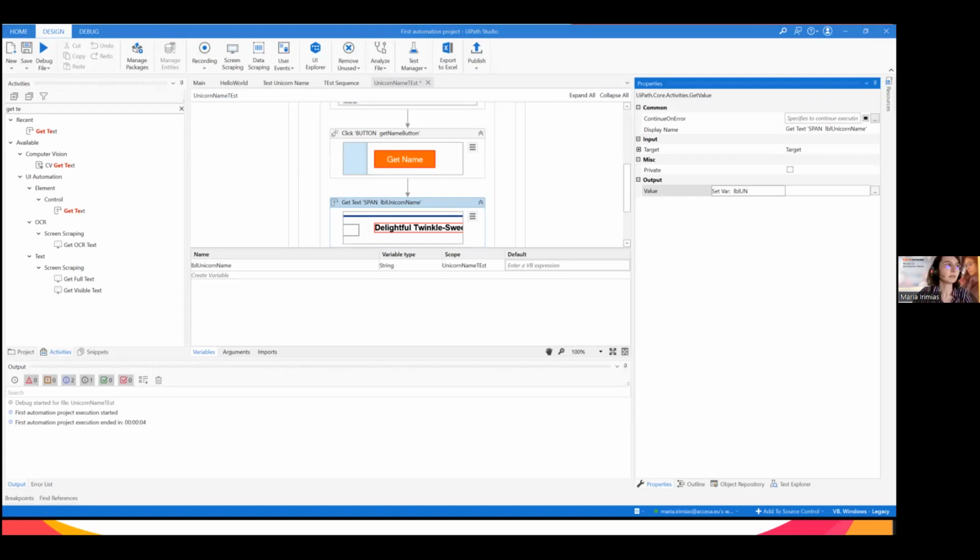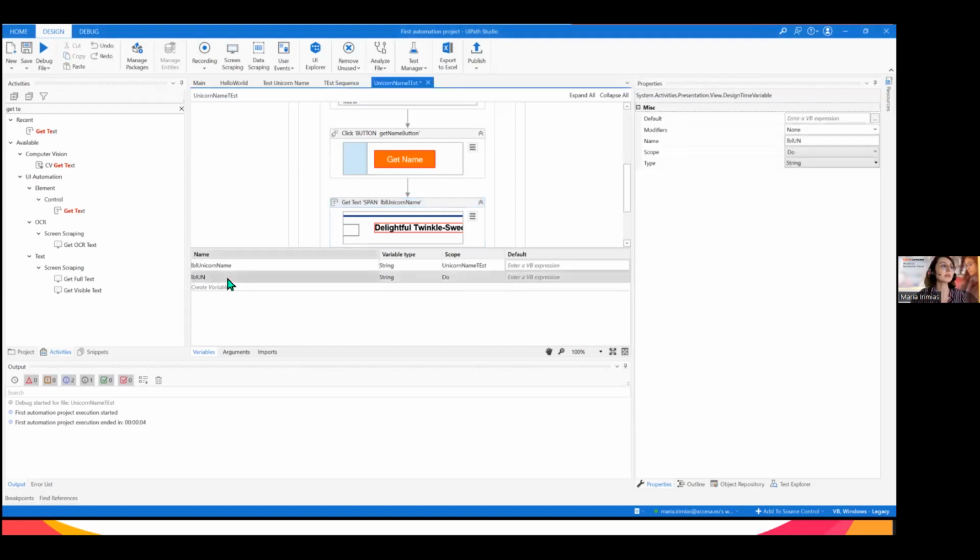For example, in this example, the second variable I'm providing is not a best practice naming, because you are not able to understand what label UN stands for. I do recommend, when you are naming variables and arguments, to use proper names for what they are meant to do, and also to be cautious about their scope. You can restrict their scope to where they are used, not have more span than is needed.